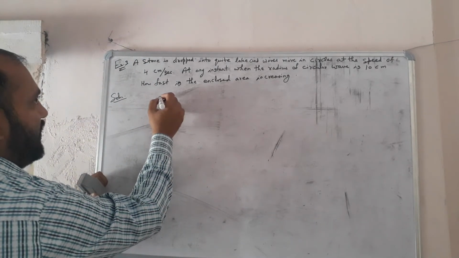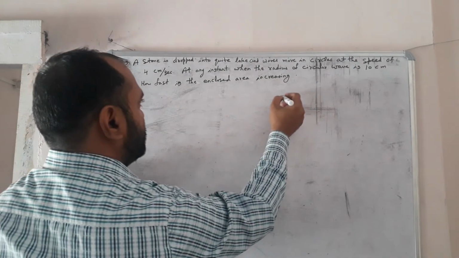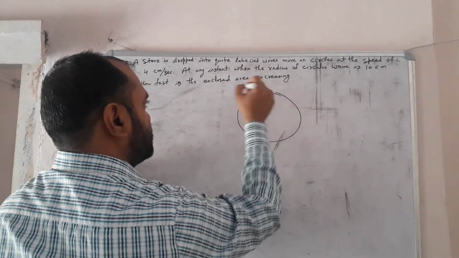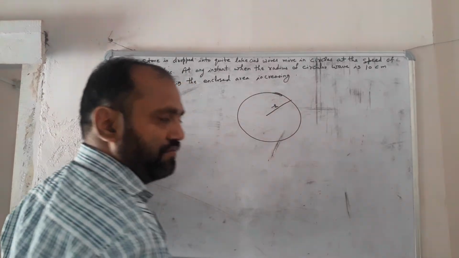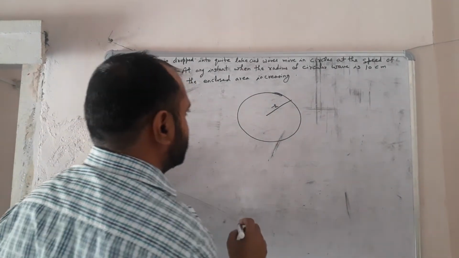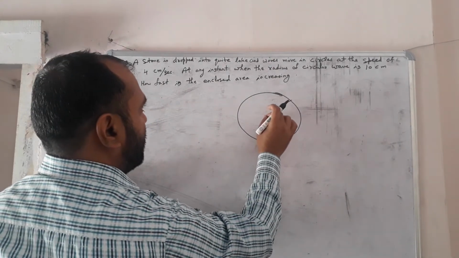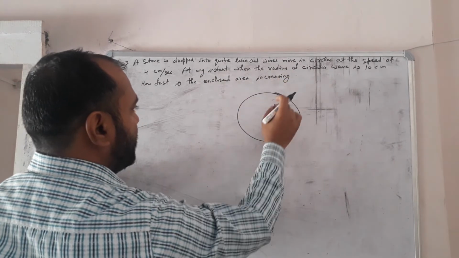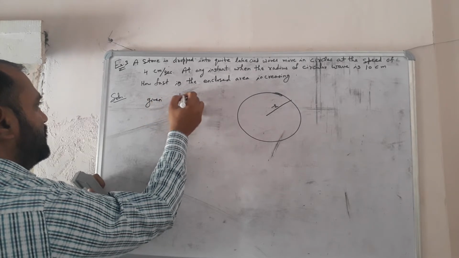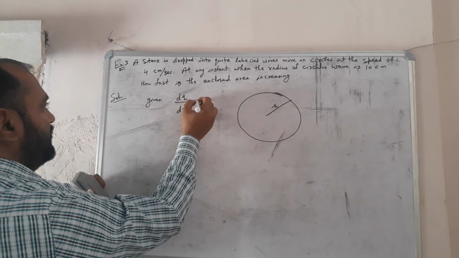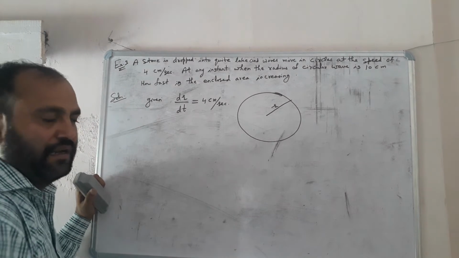As you know, when the waves are in circular form, there is a radius, let r be the radius of the circle, right? So it means जो वेव्स बन रही हैं वो किस स्पीड से इंक्रीज हो रही है? इट मींस गिवन क्या है आपके पास? गिवन dr by dt है. dr by dt कितनी है? 4 सेंटीमीटर पर सेकेंड, राइट?